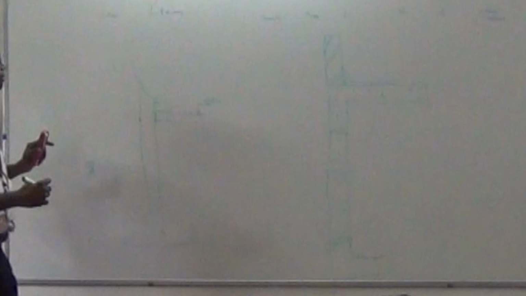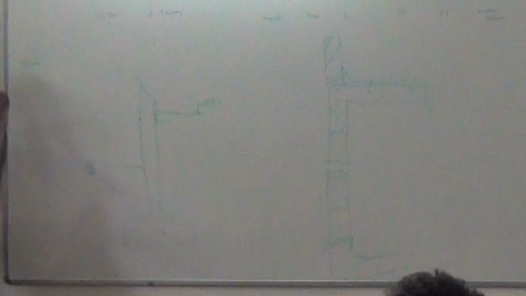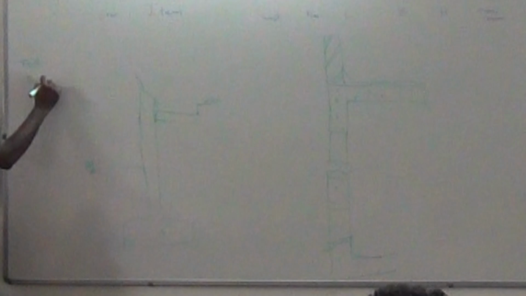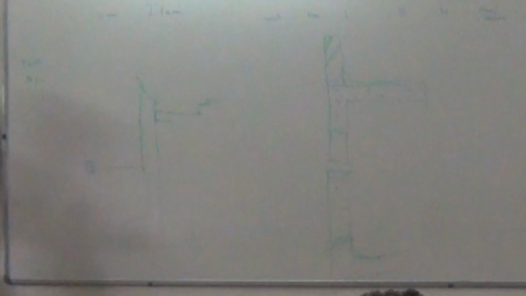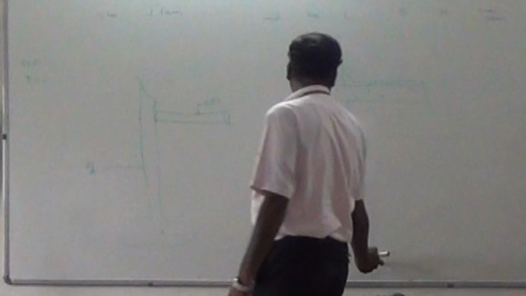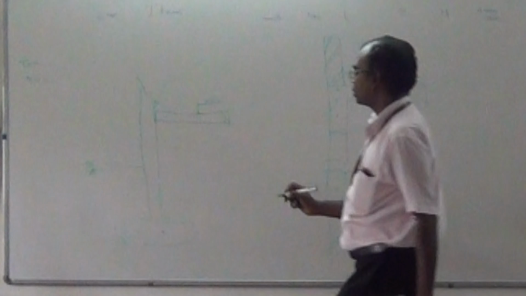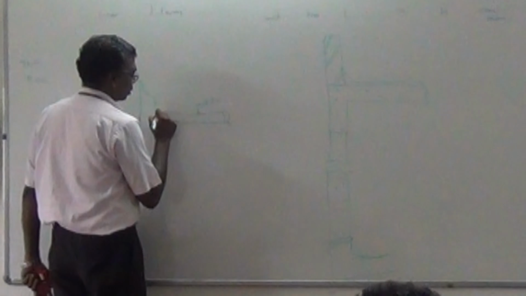Usually you will have another term called TOC, top of concrete, and BOC, bottom of concrete. So this will be the finished floor level. This is the floor which we are talking about. On top of this will be the top of concrete. You got a flooring on top, making this the finished floor level. Below this you will have well compacted soil. You will have well compacted soil in this area.